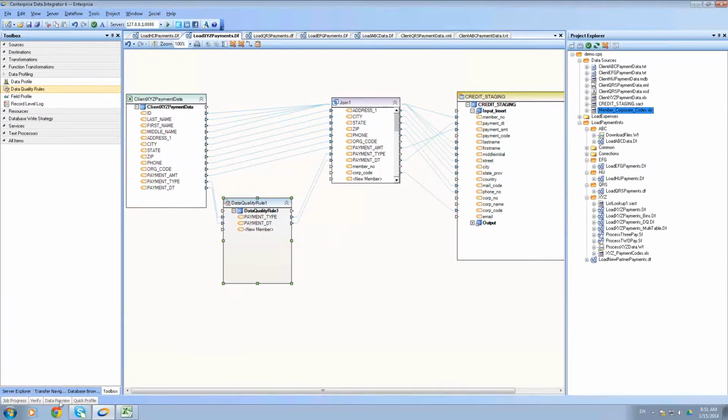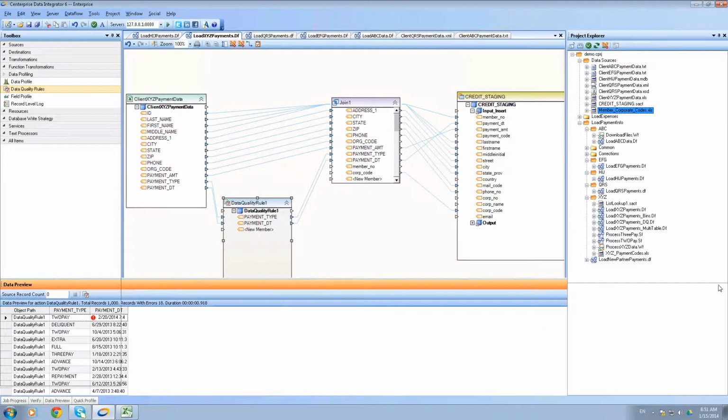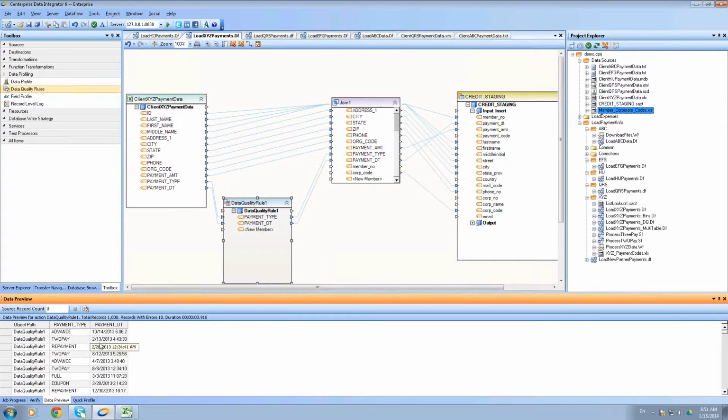Now I have my two rules defined here. If I preview the data, you can see that once I've attached this rule, now if I scroll down, you'll see that I have several places where I have this little red exclamation point. This red exclamation point is just telling me that there is something wrong with this data at that particular field. And if I hover my mouse over it, you see payment type must be present, and payment date cannot